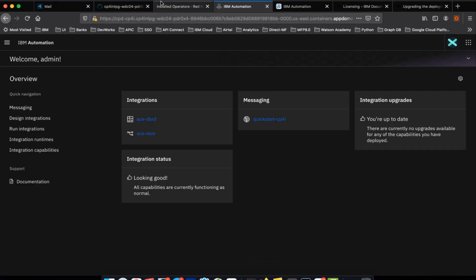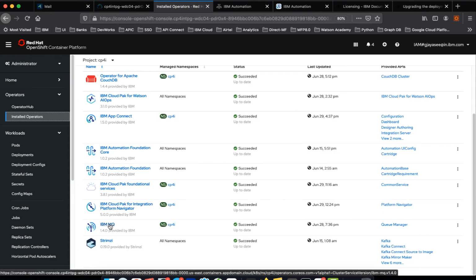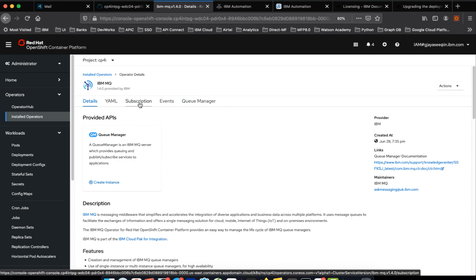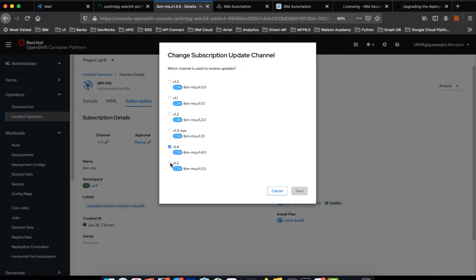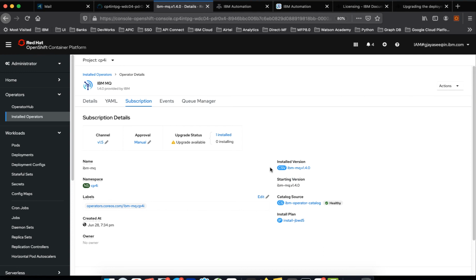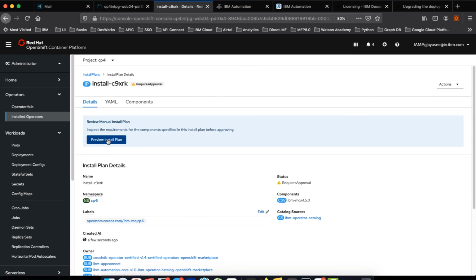Going back to the installed operator, open up, which is 1.4, open up MQ, go to subscription, click on the channel, edit the channel, and move on to new operator and save it. Just because it is manual, this requires approval.